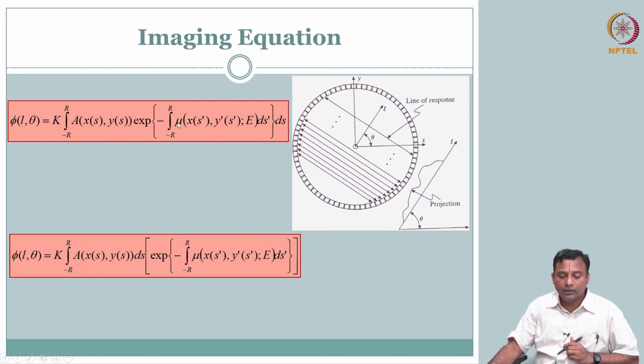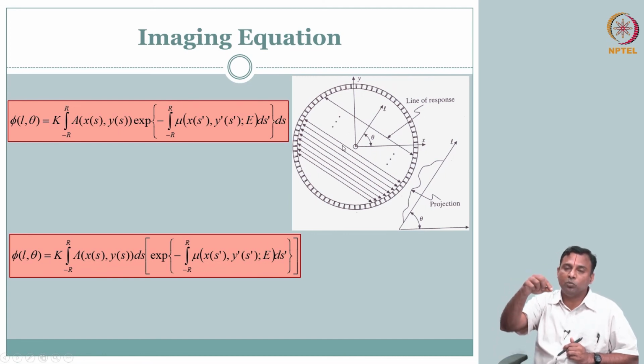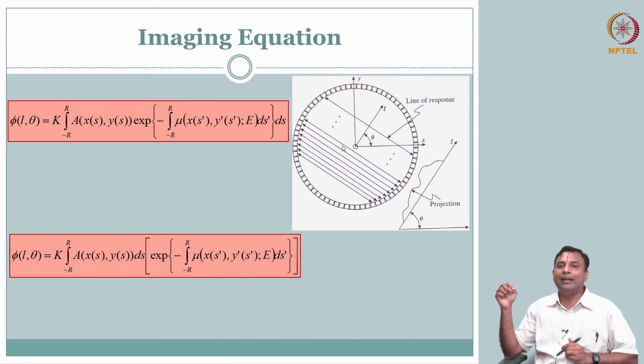So we can separate this term. You have your phi of L comma theta, k of this ds, only your radioactivity term A of x comma y ds. This one is just along the line of the whole object. Why this is advantageous is, you actually do not have to know which part is closer to which detector, you do not really need to know that. All I am interested in is the total attenuation along that line. If that much I know, I am good.